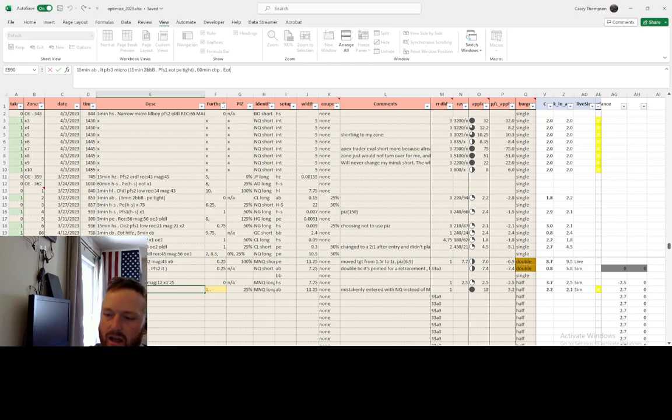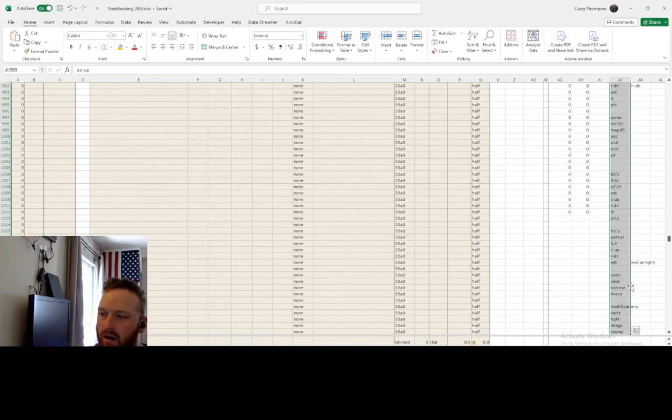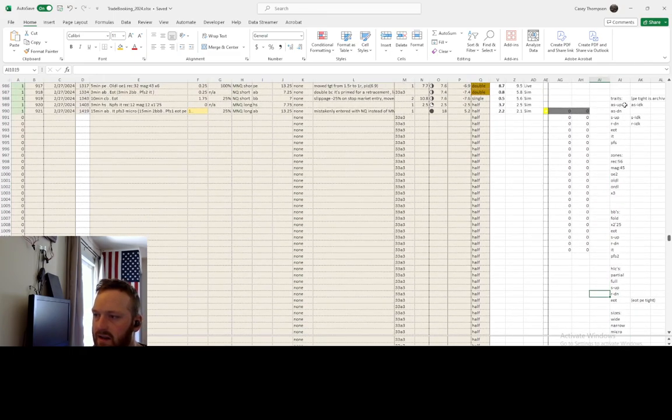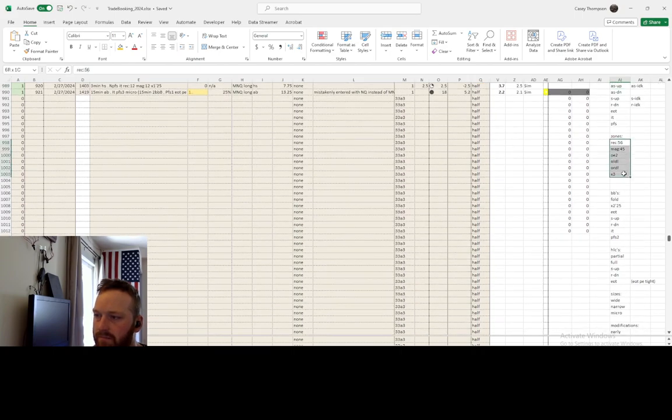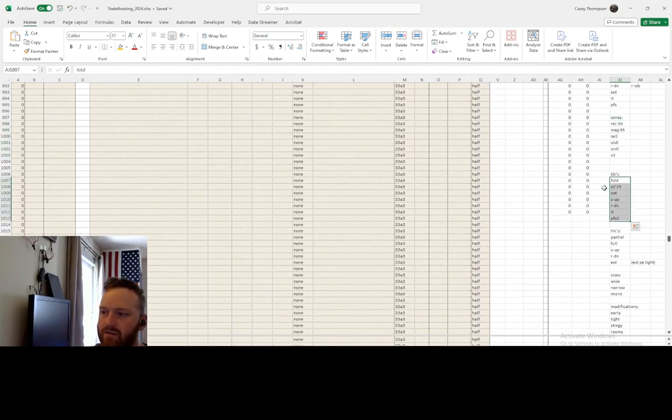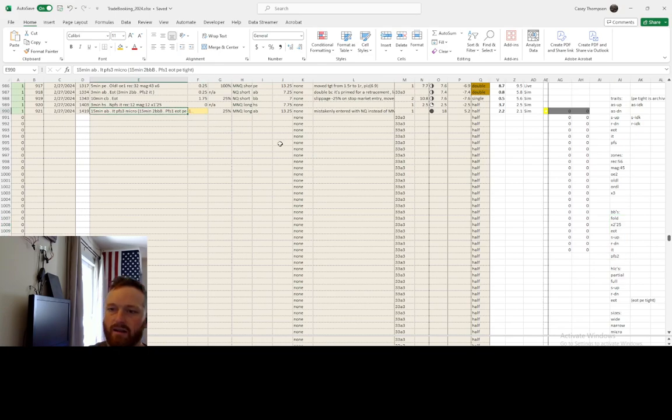trait, and it isn't that complex actually. Half the time I don't use any of these traits, but these are the traits that I use in describing the trades, and this is how I find it out. So I like it because then I can perform data analysis and see what traits work, what traits don't, and stuff like that. But for the most part, it does keep my attention to detail, and it keeps me wired in on what I'm actually doing instead of just, oh, it's a